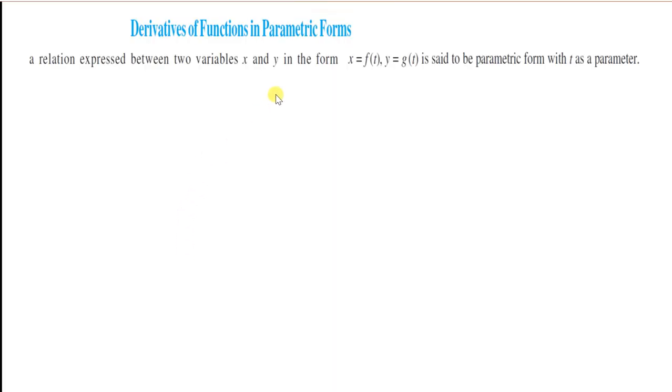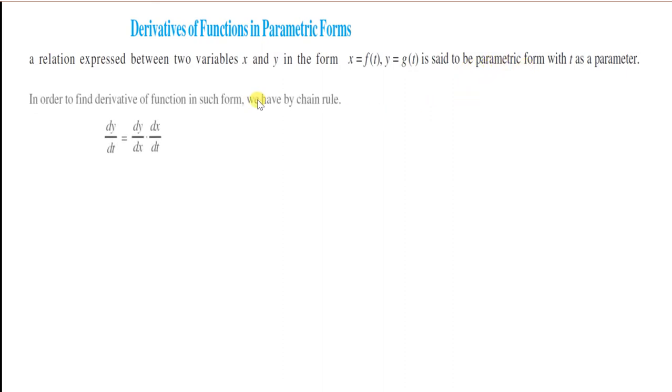Good morning, dear children. Today we will start the differentiation of equations in parametric form. Sometimes we are given functions, the relationship between x and y, not in explicit or implicit form, but through a third variable. Suppose x is some function f of t and y is g, another function of t. Then x and y are related to each other through the third variable t, which is called the parameter. When the equations are given in this form, it is said to be in parametric form. The relationship between x and y is given through the third variable t, and that is called the parametric form.